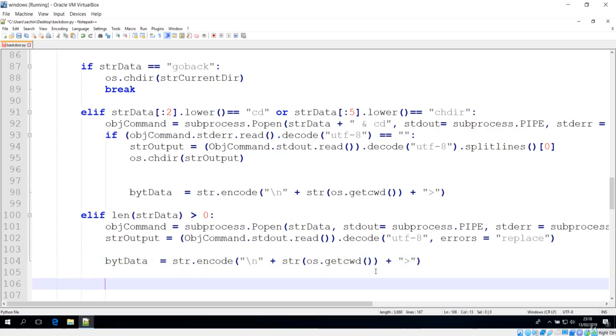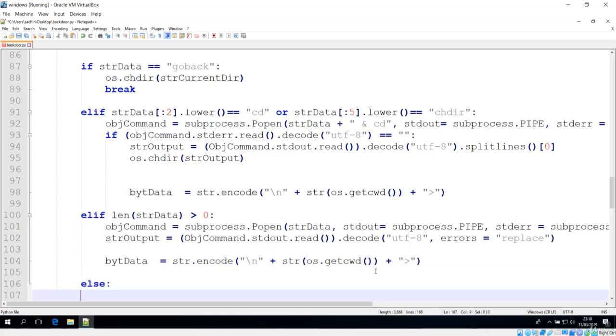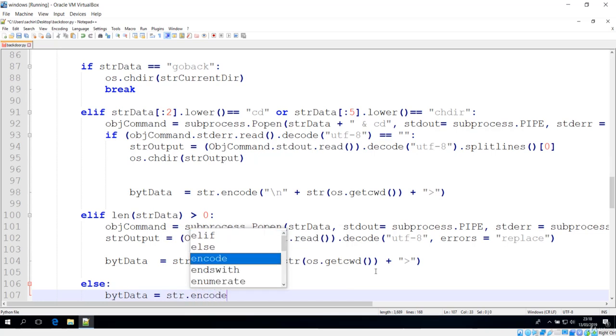command. And let's go over here, and if we didn't get any of this command, we have to do something, and that is we will give the encoding information saying it is an error. I'll type here that is str. We should encode it first, and we'll just say error. Okay, this will be the information that will be given to the user.